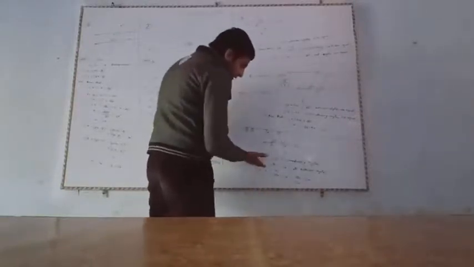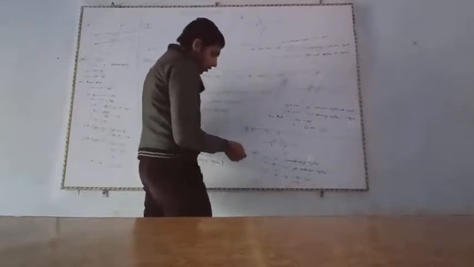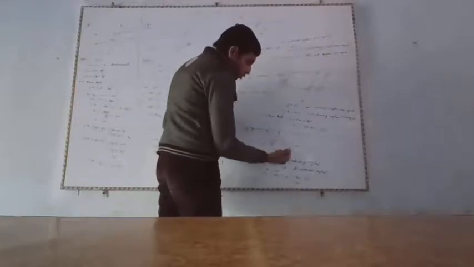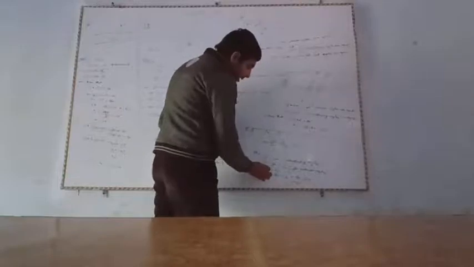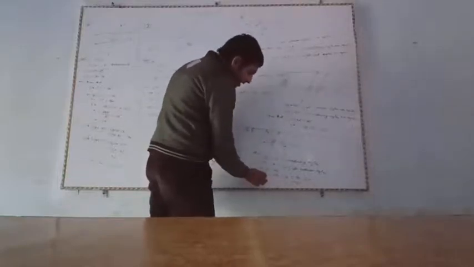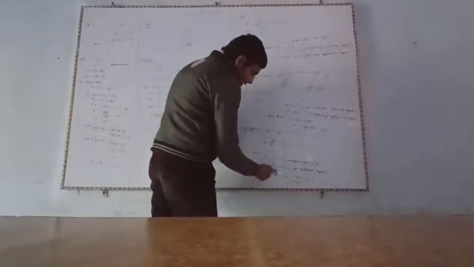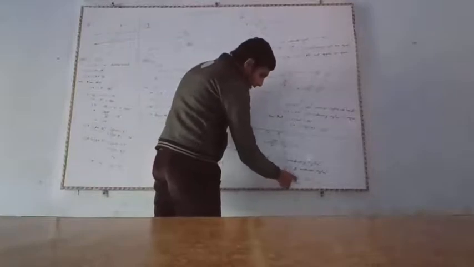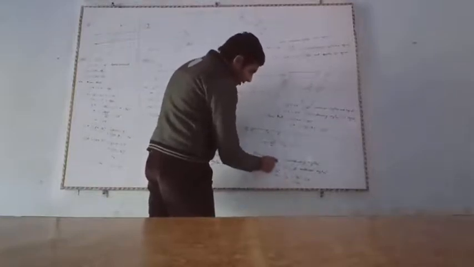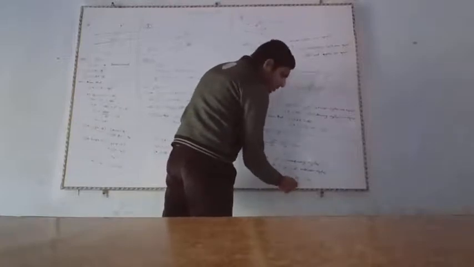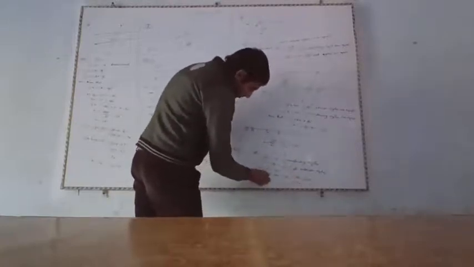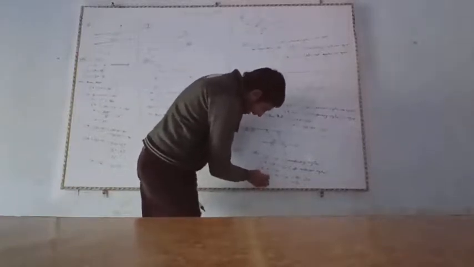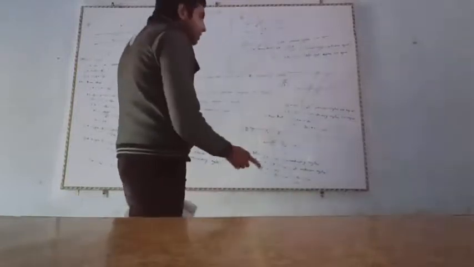From here we have to find angle z. We already know that angle y plus angle z is equal to 180 degrees because of linear pair angles. Now angle z is equal to 180 degrees minus angle y, by transposing, and putting the value of y in this equation. So 180 minus y, where y is 120, so 180 minus 120 is equal to 60 degrees. Solving the equation, you get angle z is equal to 60 degrees.